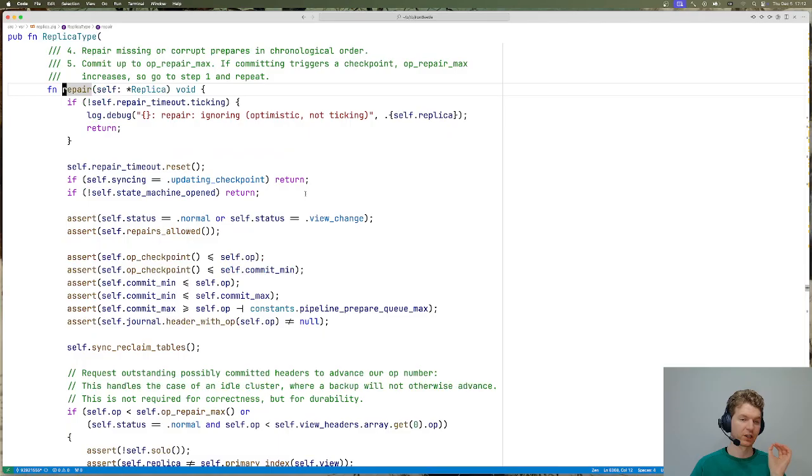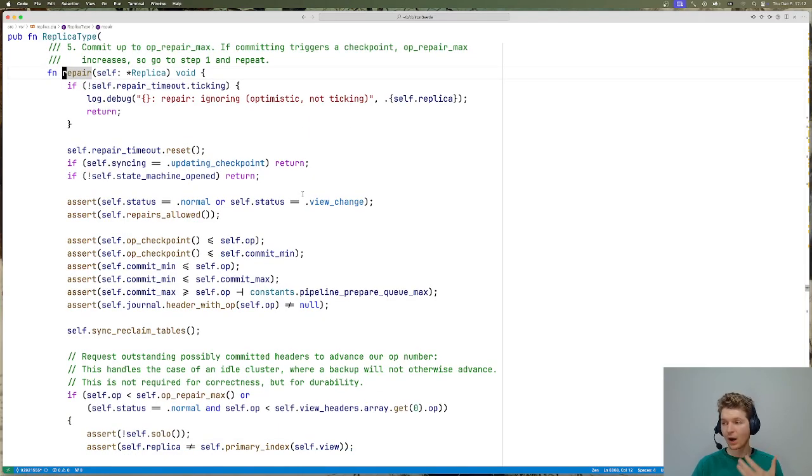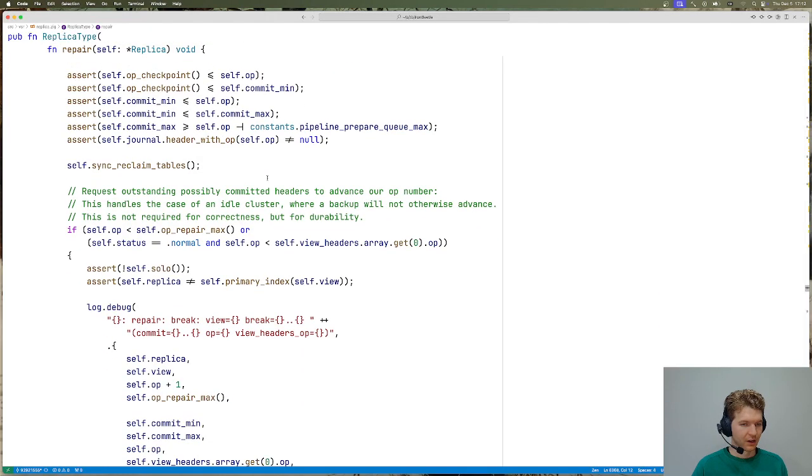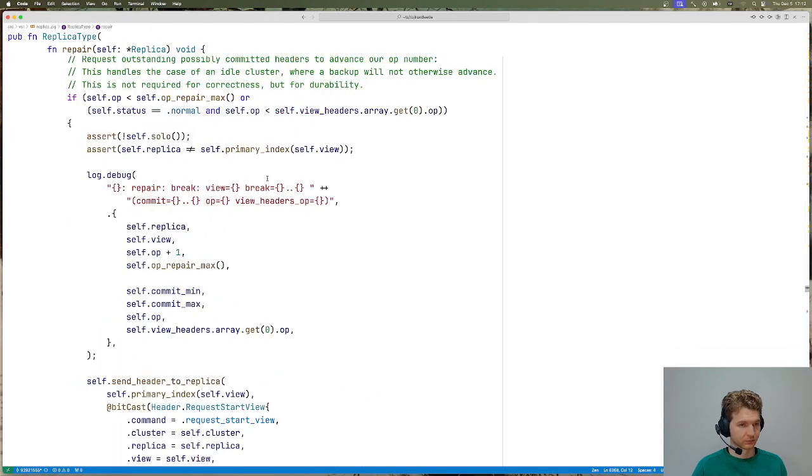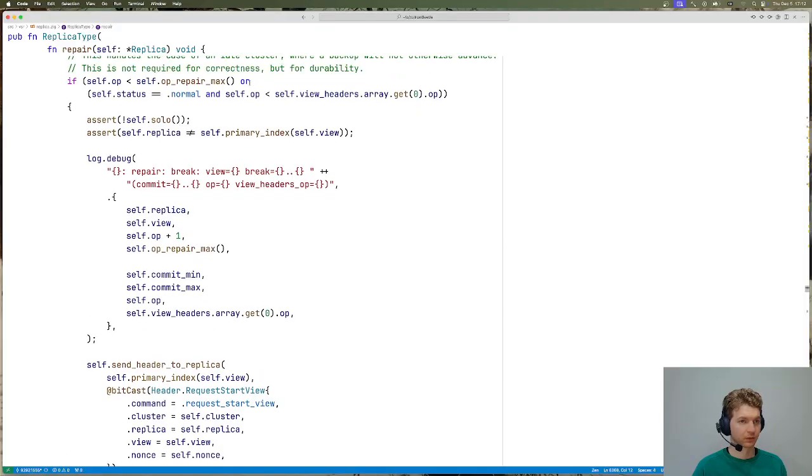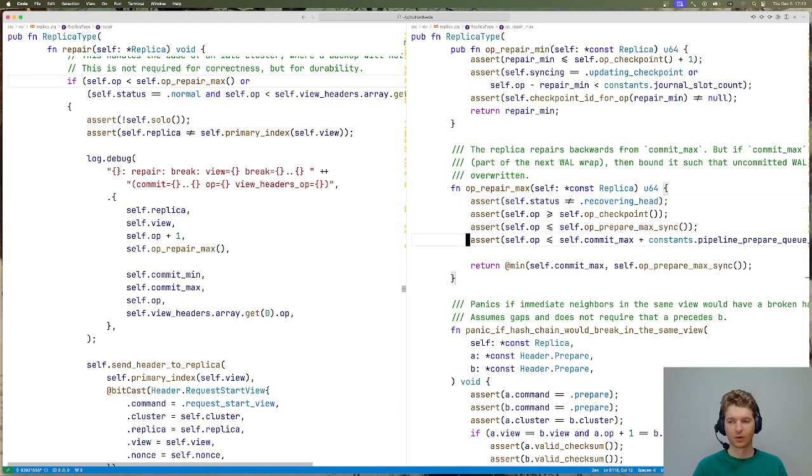So repair is just a function which periodically runs and tries to bring a replica up to date. And here we have this condition. So if we see that our op, so the latest prepare we know about, is less than op repair max, which is more or less commit max,